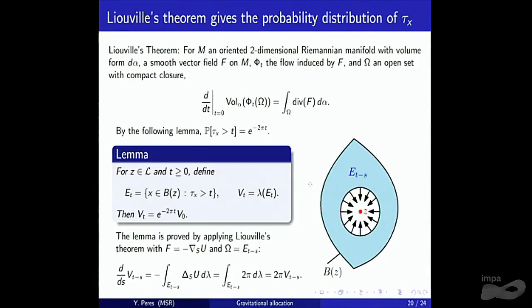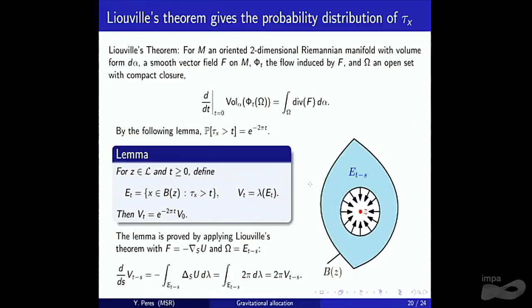So this is roughly the reason for the exponential distribution. It comes from a beautiful theorem of Liouville, here stated in more generality than Liouville would state it. You can find an explanation of this Liouville principle in Arnold's book on the mathematics of mechanics. It says if you have a smooth flow applied to a region omega, and you want to see how the volume of the flow behaves, it's going to grow,